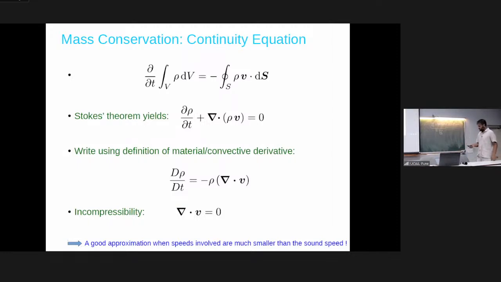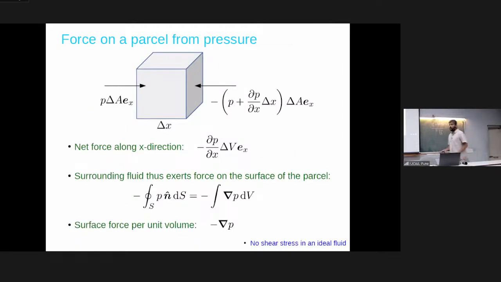That's why I'm bringing this up. So instead of solving for the whole density with this complicated equation, it's not a simple equation, all you have to assume is that divergence of V is zero for an incompressible medium, and just move ahead. Now let's look at the equation of motion. This is all classical fluid, right? The equation of motion is what? Newton's second law of motion.